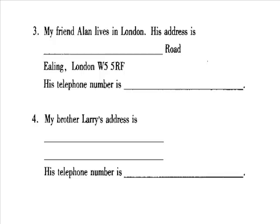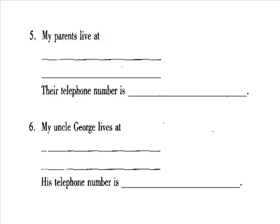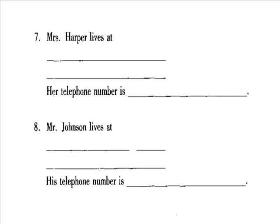71-579-5076. 4. My brother Larry's address is 3 Gresick Road, Birmingham. His telephone number is 21992021. 5. My parents live at 64 Manor Drive, Edinburgh. Their telephone number is 313246738. 6. My Uncle George lives at 30 Kings Road, Leeds. His telephone number is 532-837-5029. 7. Mrs. Harper lives at 17 Green Street, Liverpool. Her number is